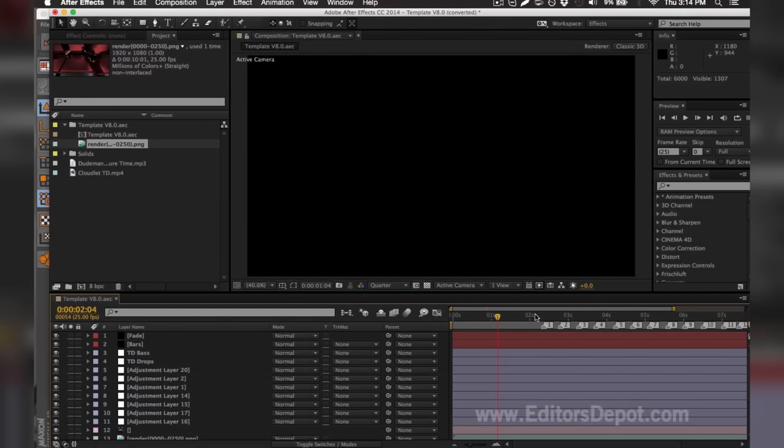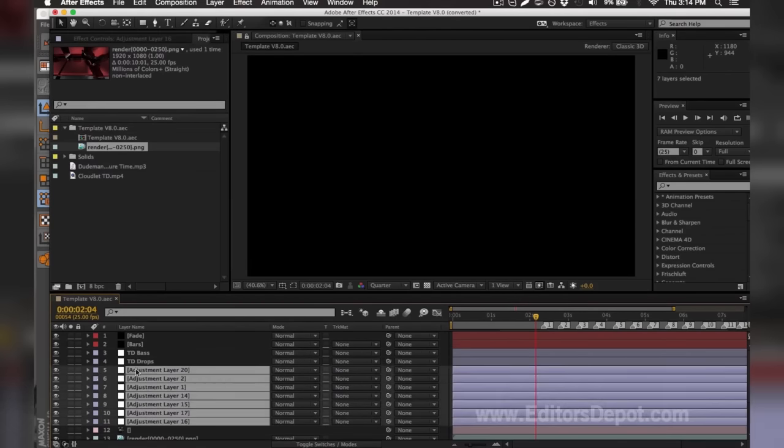So we're 100% done, assuming you have every single one of the plugins required. If you don't, you're going to have a black screen similar to this. If you do have a black screen similar to this, you're going to want to troubleshoot it by turning off or turning back on whatever adjustment layers might be messing up your